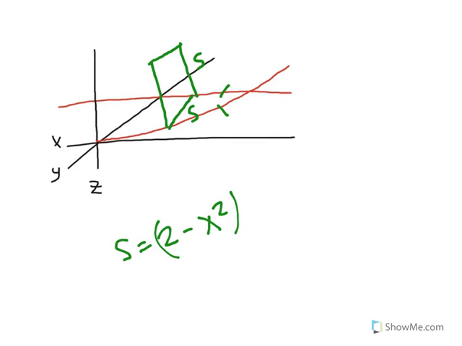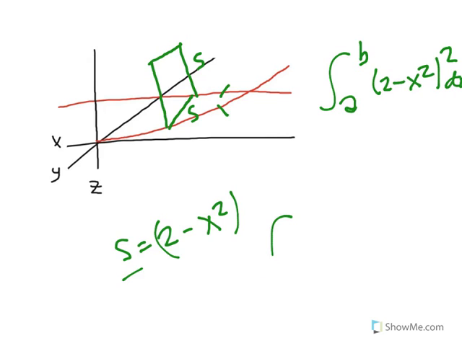Okay, so what we're going to do this time is, since we already know it's the integral of s squared, we're going to do the integral from a to b of 2 minus x squared, and then all of that's in parentheses, and that's all squared, dx. Sorry. So a is going to be 0 again, but this time, because we're integrating and the boxes are going from left to right instead of from bottom to top,